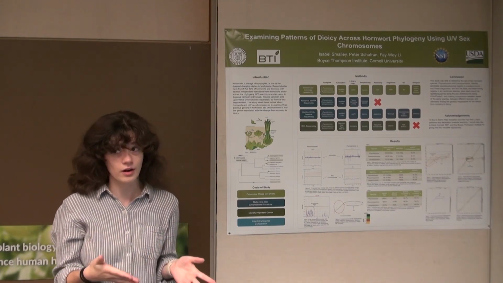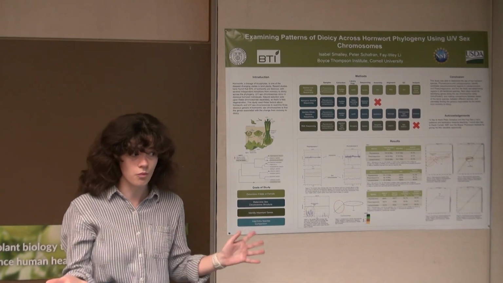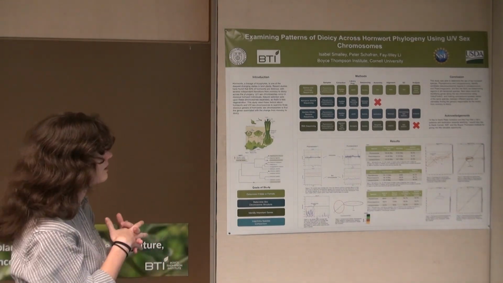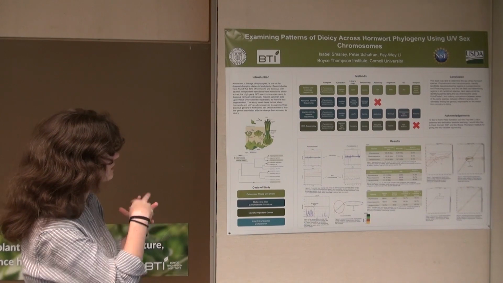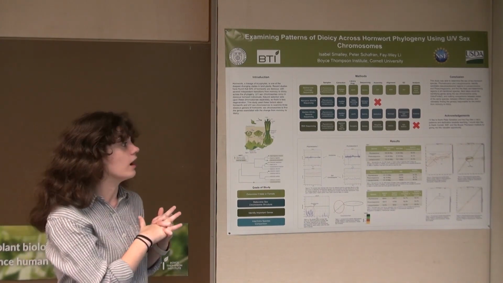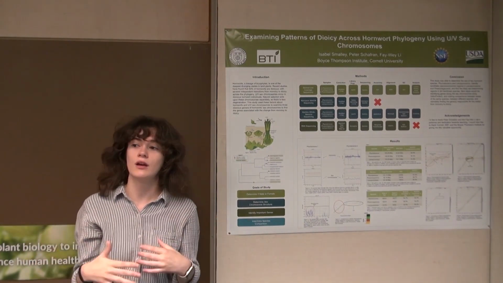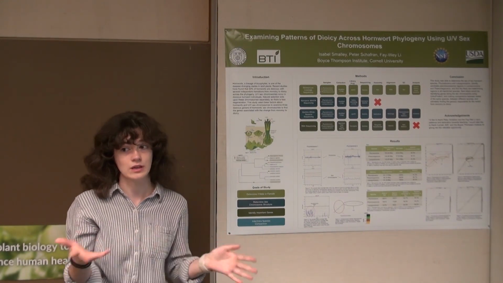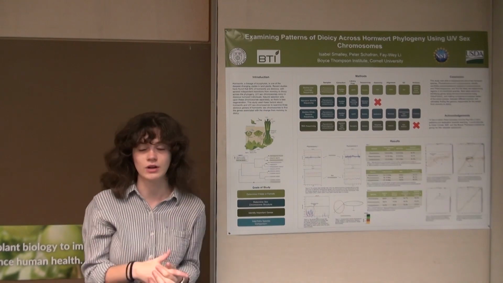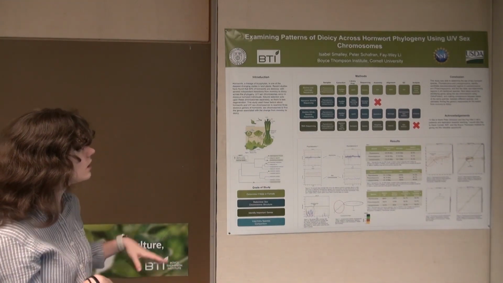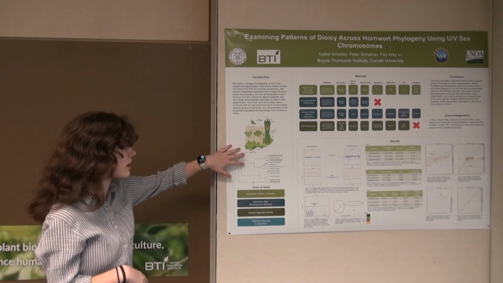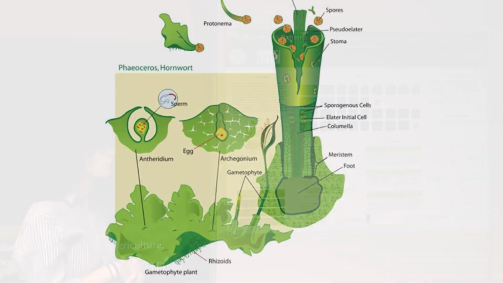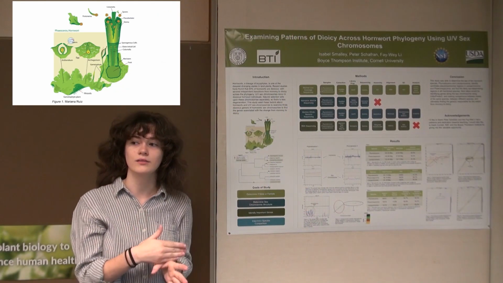Because they occur in only singularity, the UV sex chromosomes won't degenerate, because natural selection occurs on both chromosomes equally, as opposed to the degeneration of the X and Y chromosomes. This is an example of a monoecious hornwort, which is a hornwort with both the male structure and the